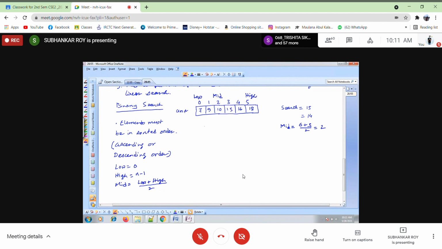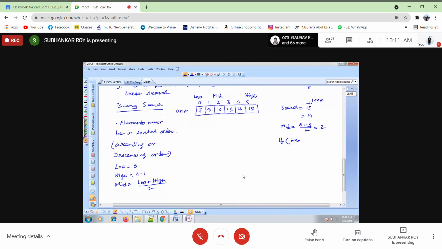Now what you will do actually, you have to check the search item. Let the variable be item.